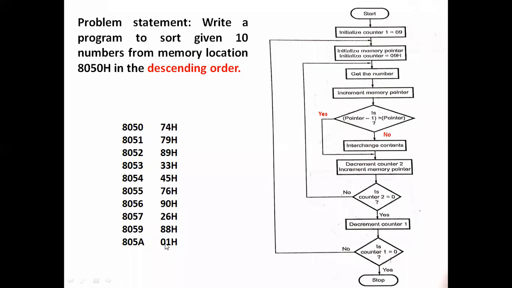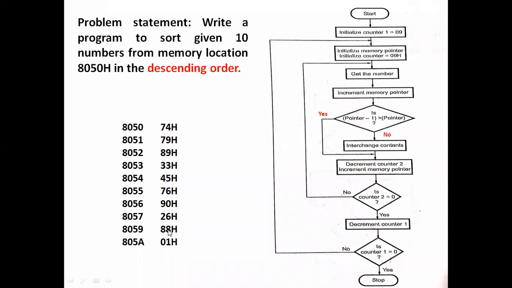But suppose the last number is the highest number. Then what will happen in round number 1? The last number will be compared with the second last number, and it will be placed at the second last position. It will not come to the first position as the first number. So that is why we have to adopt